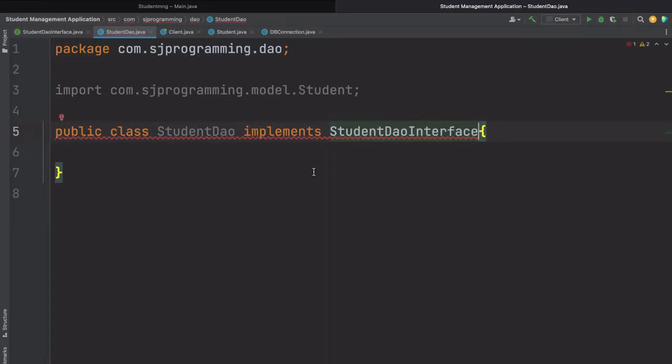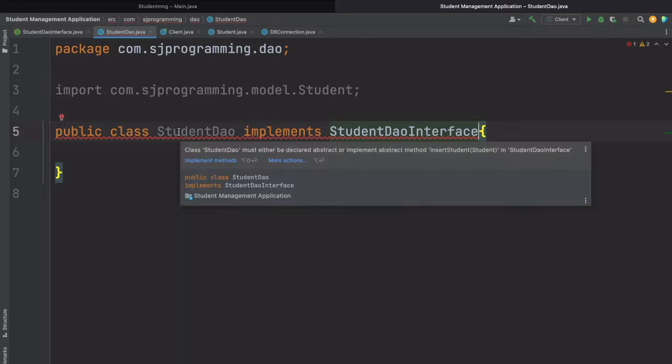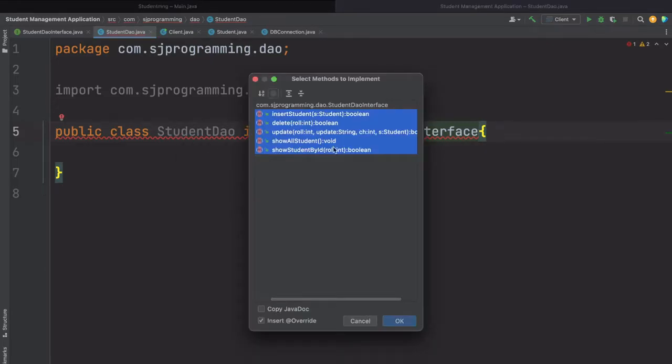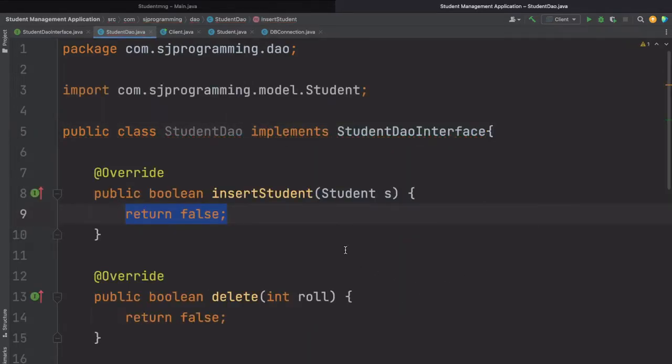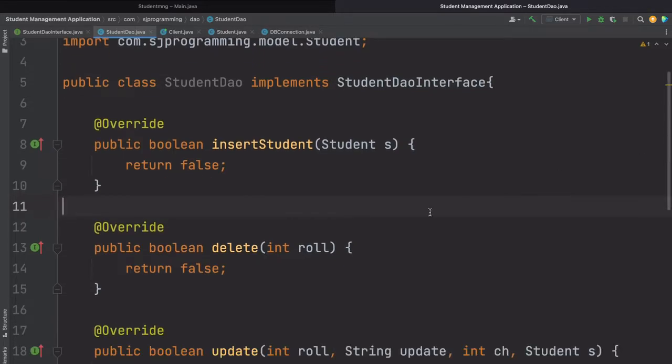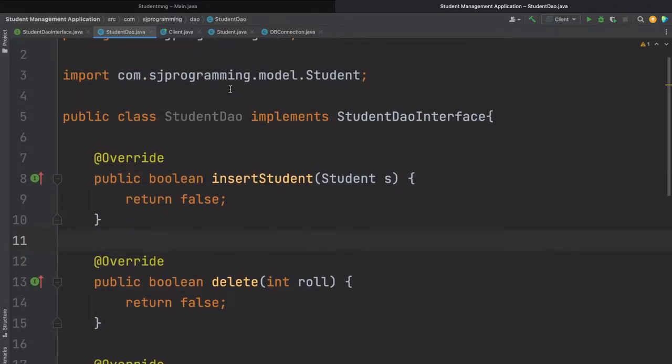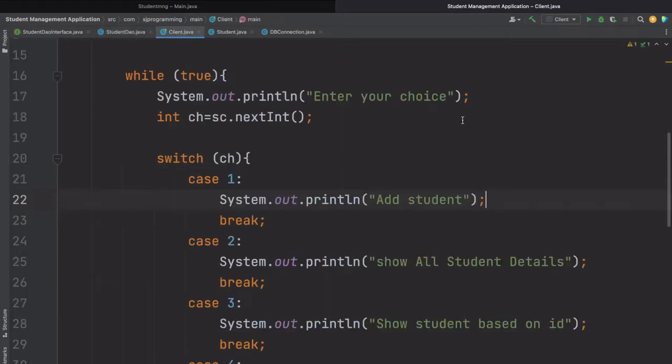Now if we are implementing any interface, we have to provide the implementation to all the methods. Okay, so here we have to provide implementation for all these 5 methods. Now let's create. Very first method is insert student. Okay, so now when we are inserting the student, we need all the student details. Okay, so in our main class here,